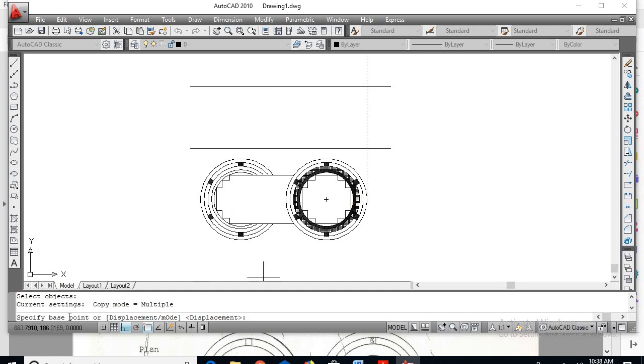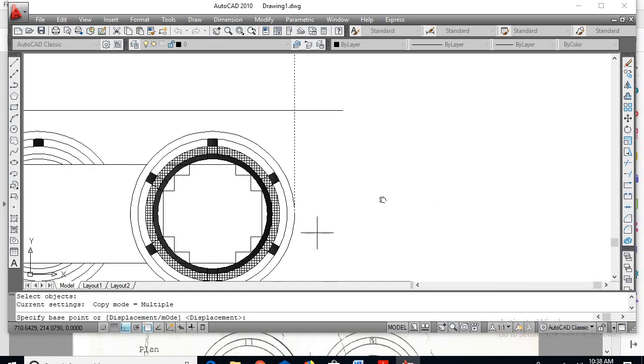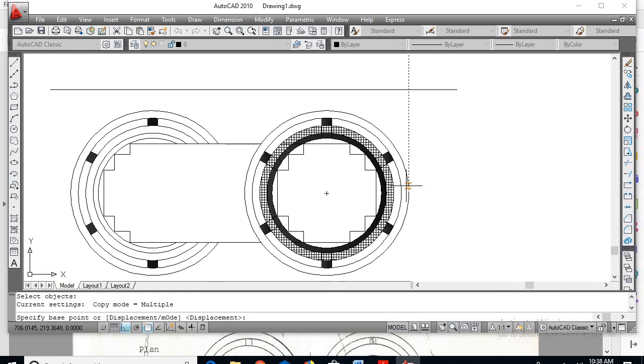Select the base point, it is asking to specify the base point. I'll select the base point here itself, where it has been started. This I'll consider as the base point. So just click on the other circles, including the stampings.